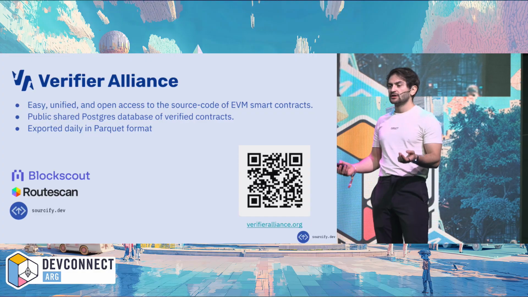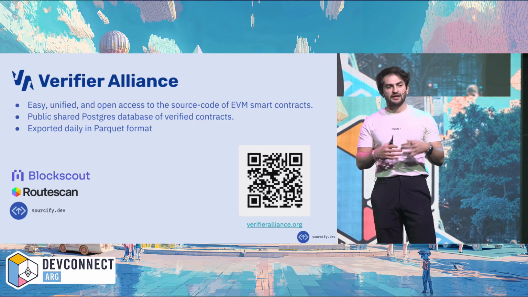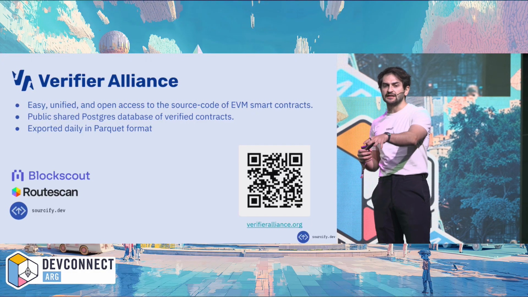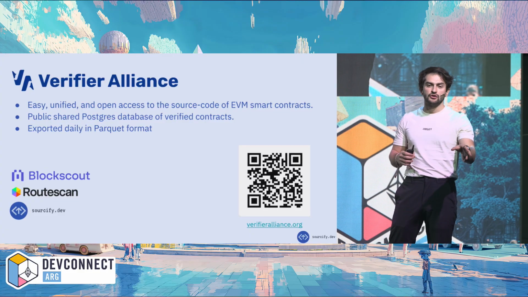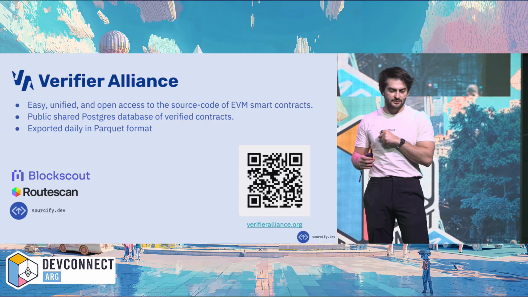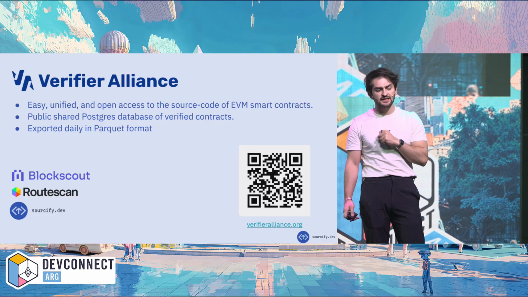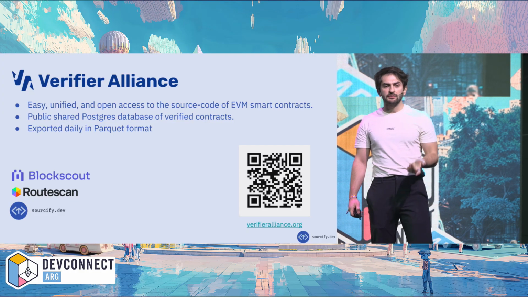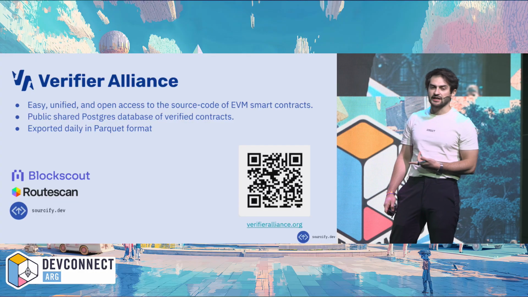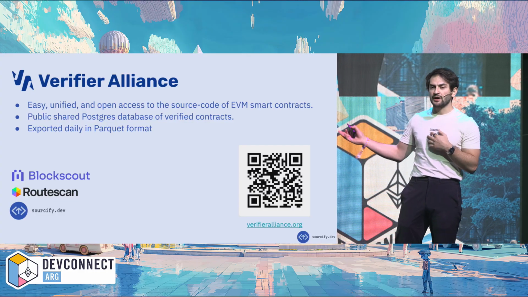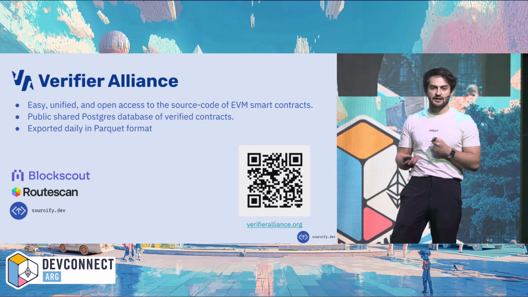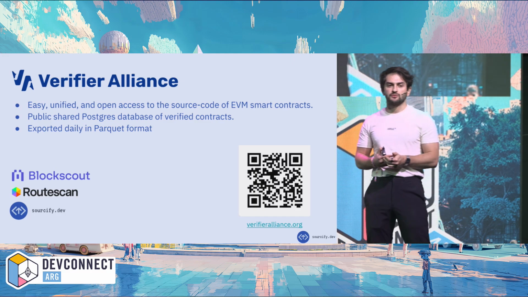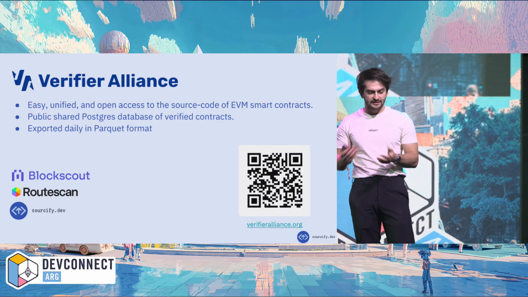So whenever Sourcify gets a contract, we verify it. OK, this matches. Then we put it in this database so that other verifiers can pull from it. For example, BlockScout then can look for a contract in this database and pull it into their database. And the nice thing about it is we also publish this data daily in the Parquet format. If you haven't heard about it, Parquet is a modern data format that allows easy processing, mostly used by data engineers. So we provide this data in this nice format so everyone can make use of it.